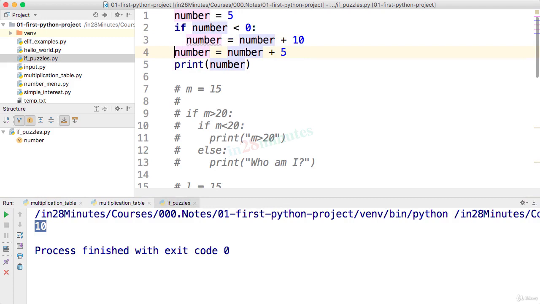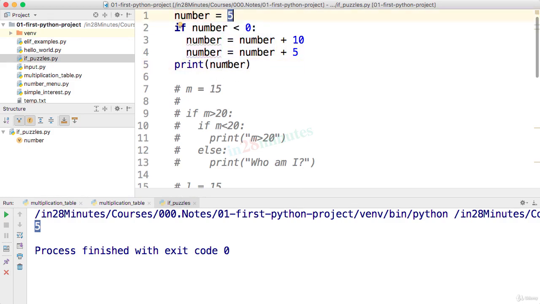Now what would be the output if I just format this? So I'm adding 2 spaces and I'm running this. What would be the output? The output is 5. In Python, a block is determined by indentation. So as soon as I left 2 spaces in here, this line becomes part of the if statement. So if this condition is not true, then this statement also is not really executed. So this statement is not executed, so only the initial value of number would remain as it is and 5